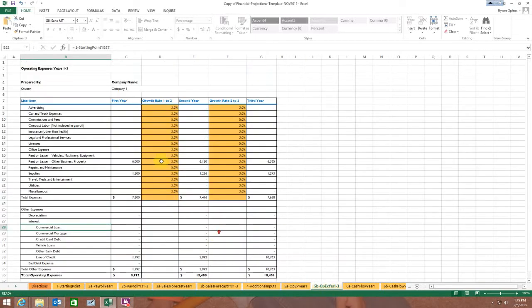Then you get to years 2 and 3, and they've got growth rates in here of 3, 4, 5% depending, and those might be okay. I don't know that you're going to want to mess around with those at all. You certainly could if you thought you were going to have some that were going to go way up or not go up at all. For example, you could argue that your lease is locked in for 3 years, and so this is maybe going to be 0. Okay, if your lease were locked in, it sure would be.